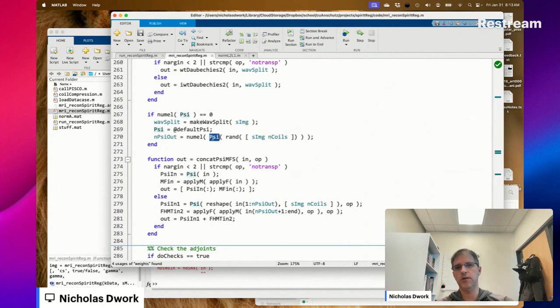So now psi, we're requiring that psi operate independently on the coil dimension.